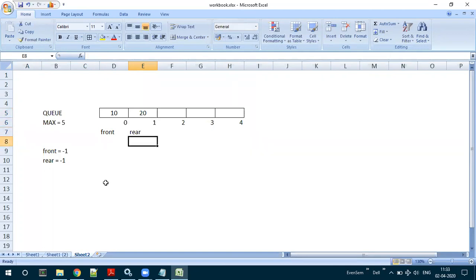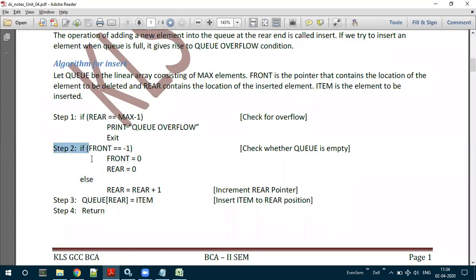Suppose now I want to insert one more element. Which pointer do I have to increment? Again, it is rear. Now I take rear from 1 and move it on to the next position, then add the third element. The same way, I can keep on incrementing rear and inserting values until rear is equal to max minus 1. At max minus 1, Q will definitely be full. We cannot insert further values.